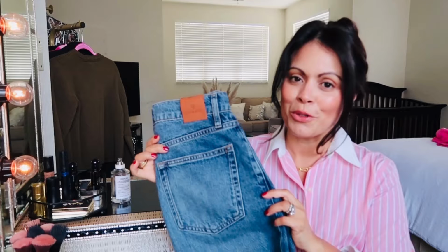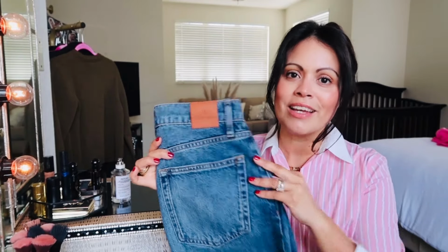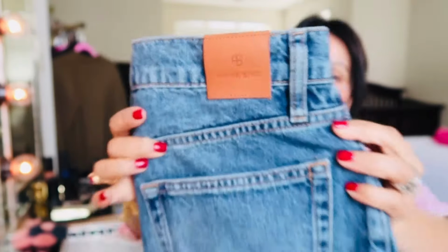Next brand that I wanted to show you are these beautiful wide leg jeans from a brand called Anine Bing. Let me get close so you can see the name of the brand. Looks like that. This is 50% organic cotton and 50% cotton. Very, very good quality, premium jeans. Definitely an investment piece because they are a little bit on the pricey side, but jeans that are just beautiful,